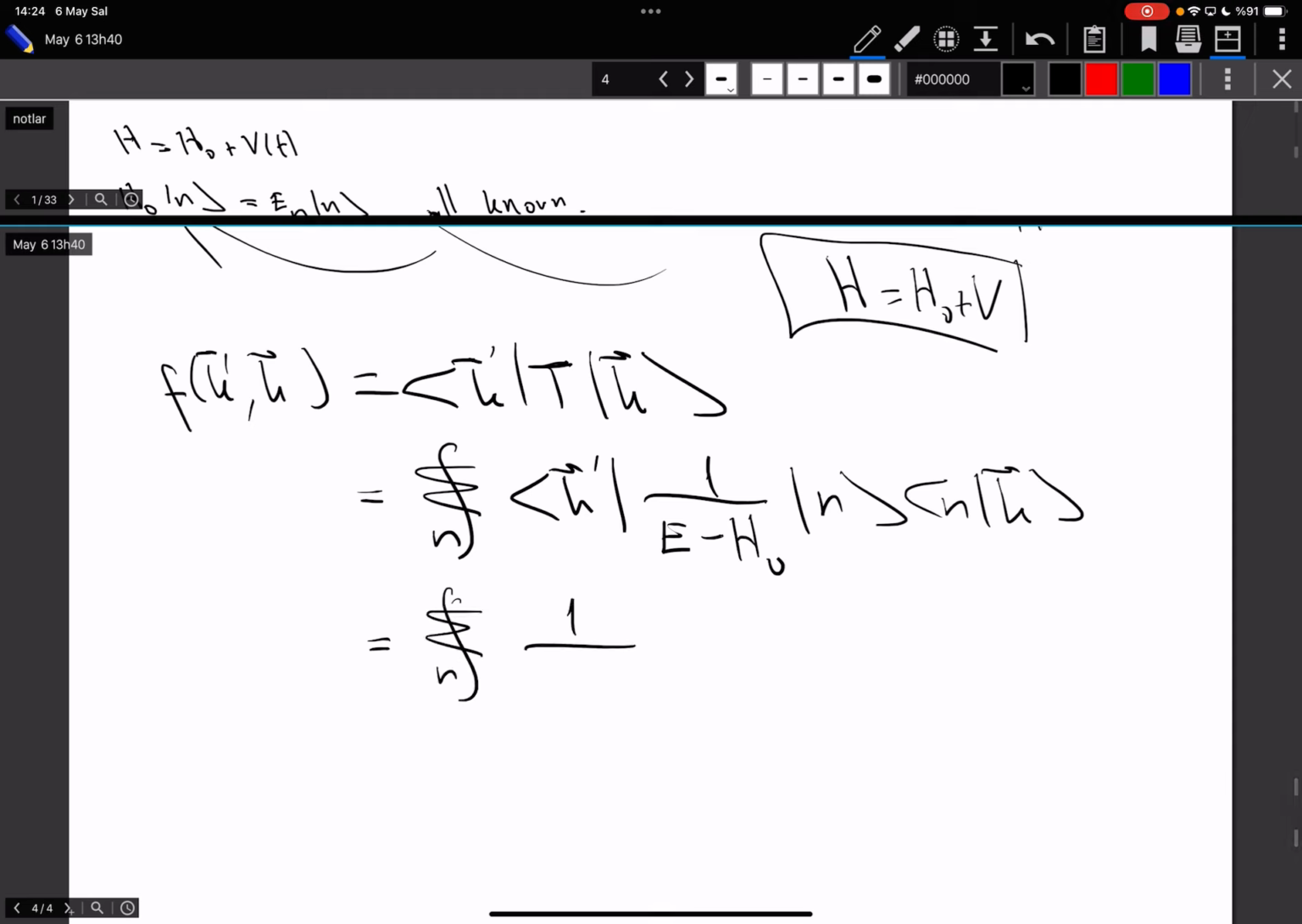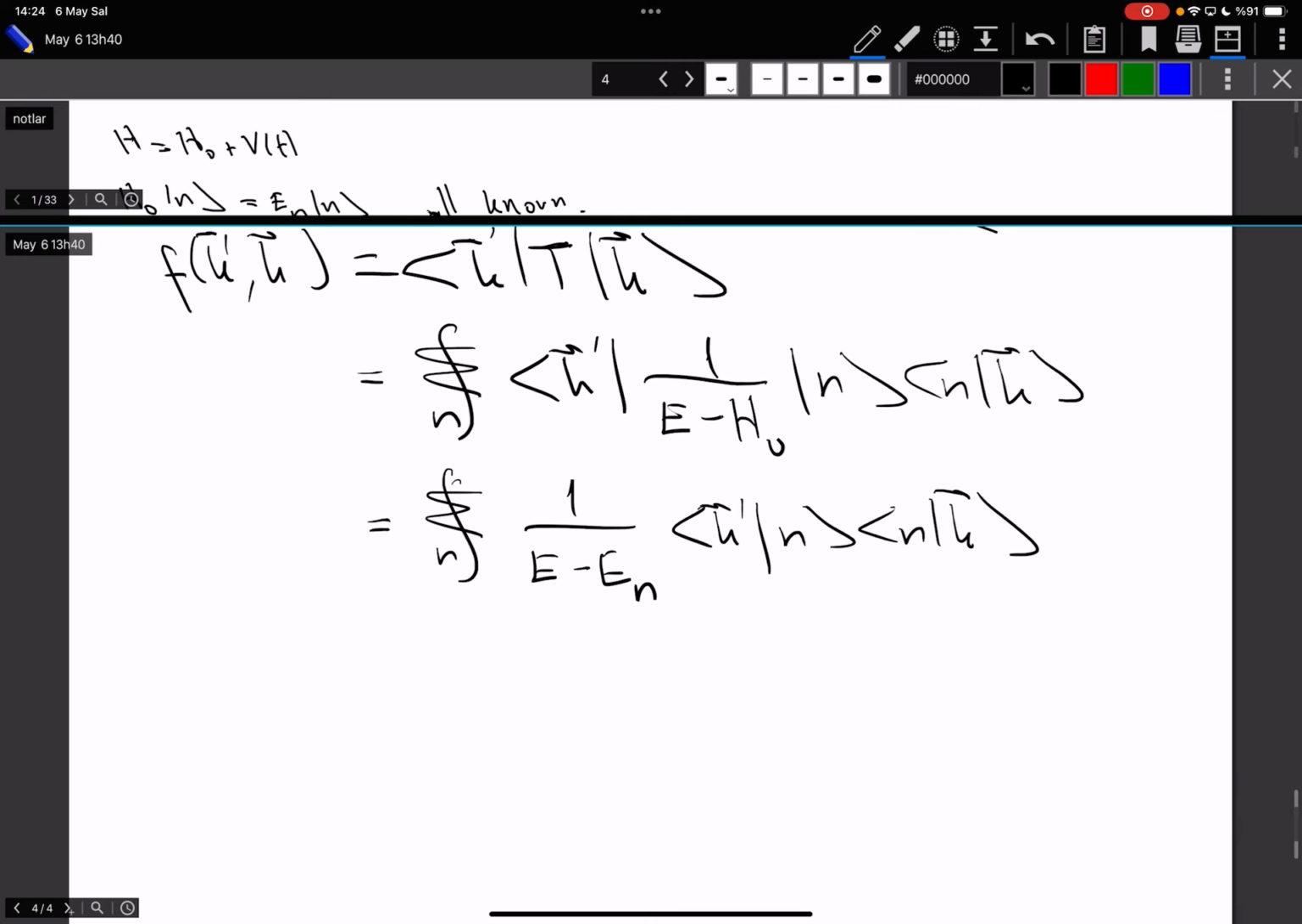And 1 over E, and remember E is h bar squared... no, let me just keep it as E. Now, the scattering amplitude is a function of the energy. It does have poles when E is equal to E_n for some n. Now, bound states are when the energy is less than 0. So if there is a bound state,